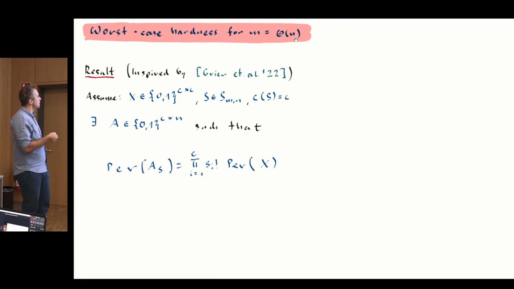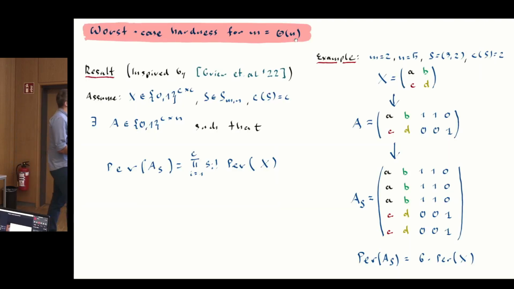So we can actually show that permanents of matrices with repeated rows are still hard to compute. The idea is that you assume you want to compute the permanent of a C by C matrix. Let's say you can think that C is the number of cliques in S. Then I can construct algorithmically the C by N matrix A that has the property that if I compute the permanent of its version with repeated rows, I'm going to get something proportional to the permanent of X.